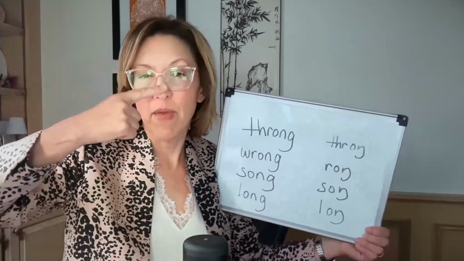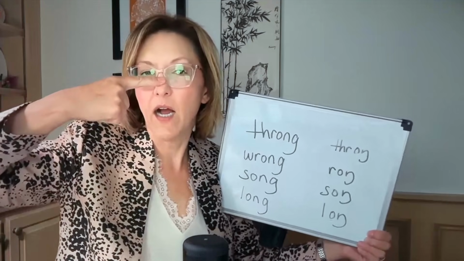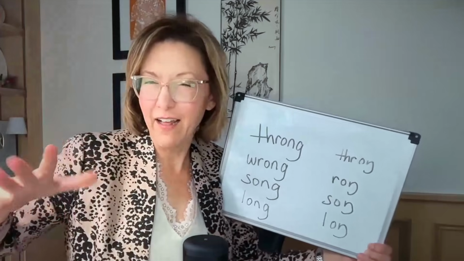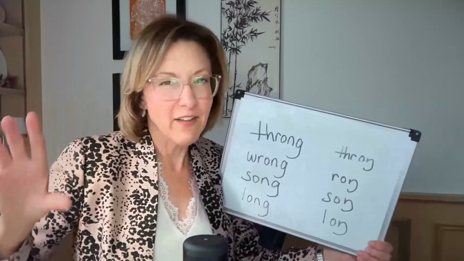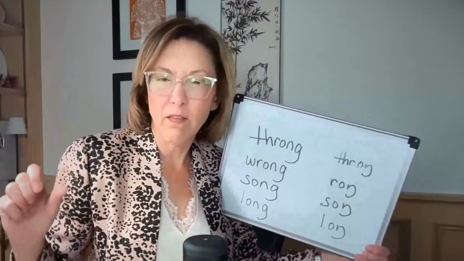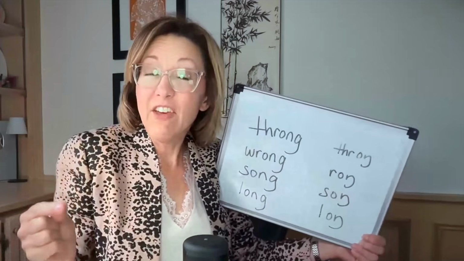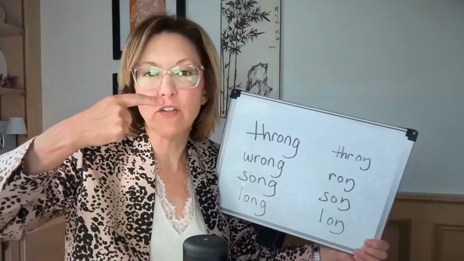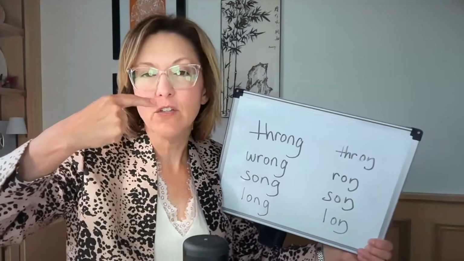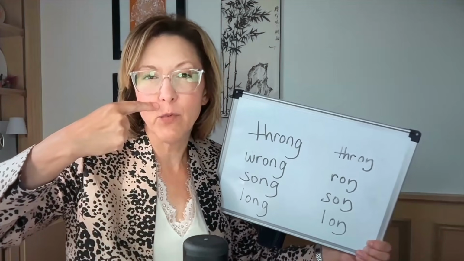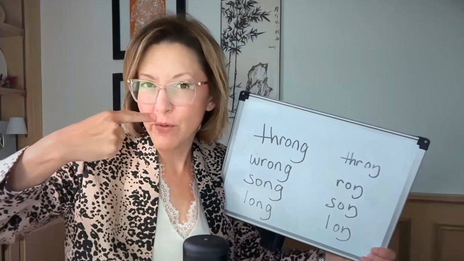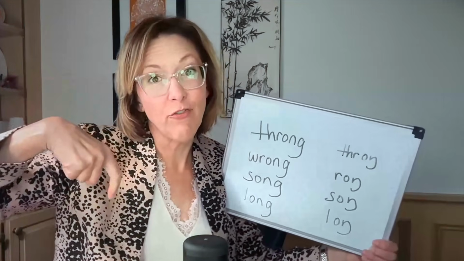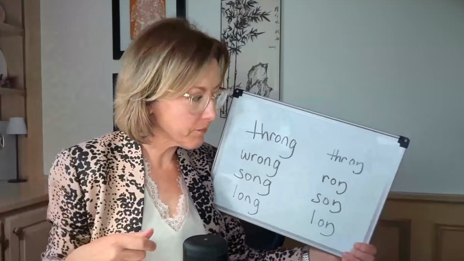Now, make the air come out of your nose. Okay, so it's kind of an NG. That's why we spell it that way. It sounds like a little bit of both. If you say an N by accident, the reason this is happening is because you are touching the tip of your tongue to the back of your top front teeth where the skin and the teeth meet on the roof of your mouth. So again, the tip of the tongue needs to be low for that NG sound.